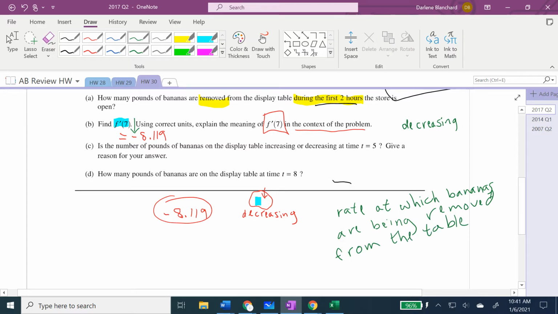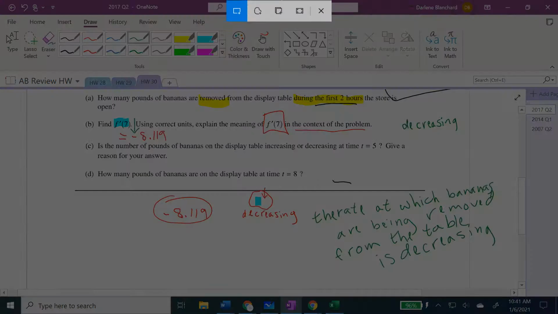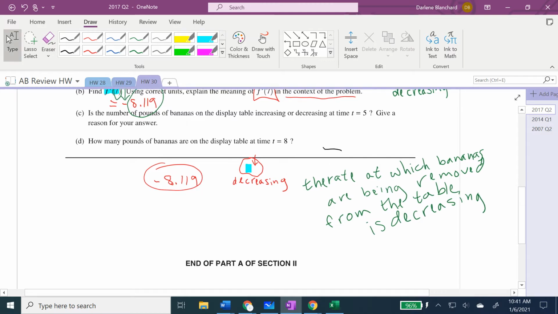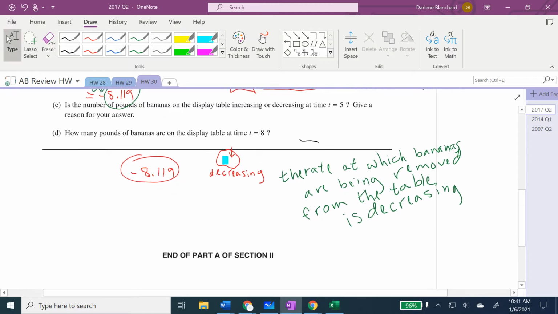So what I'm going to do is say the rate at which they are being removed is decreasing. Now, I need to make sure to include the numbers. I need to include the number 7 and the number 8.119. By saying decreasing, I've already used my negative sign. So it is the rate at which bananas are being removed from the table is decreasing by